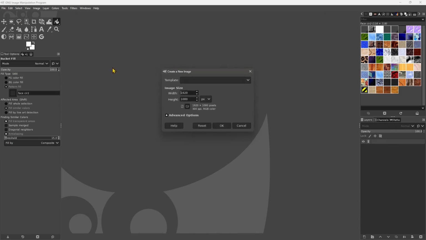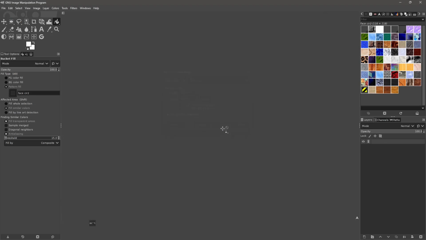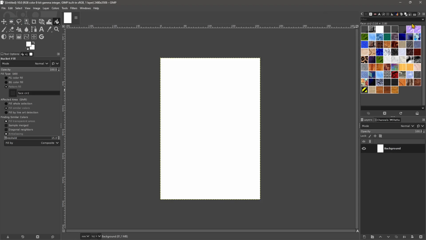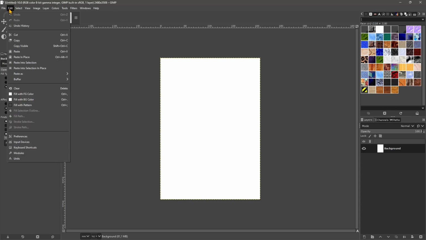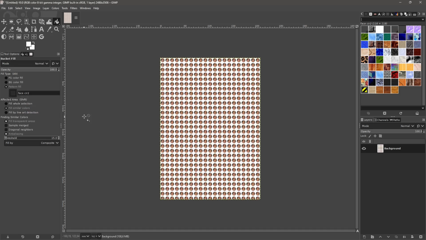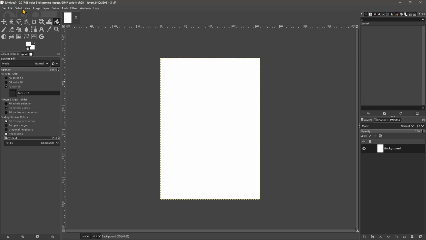I'm going to create here a new document now, so we can see something totally blank. So here we can also change and choose a particular category. So we have animal, fabric, wood, water. No, there is not too much choice here, but we can again create our own. I'm going to show you how you can create other textures. But once we get the texture, we also have other options here. So we can either copy and paste as a new pattern, but if we go down, we can also fill it in here. So we can do fill with pattern right here, or we can do